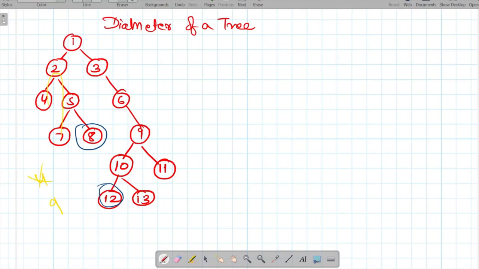Again, we can have a different path like this one, 4 to 11, or for example 4 to 12. Let's count the nodes: 1, 2, 3, 4, 5, 6, 7, 8. So again it is giving 8 only. We have to take the maximum one, and we have already seen the maximum that we have is 9. So how to solve this problem?